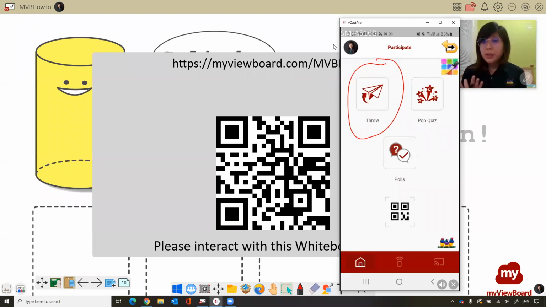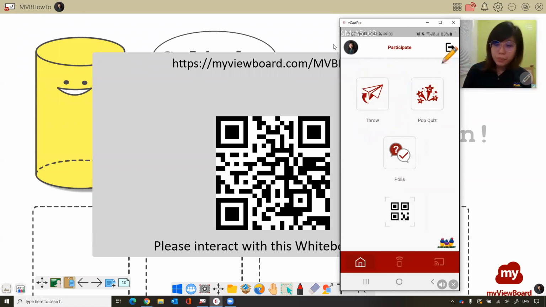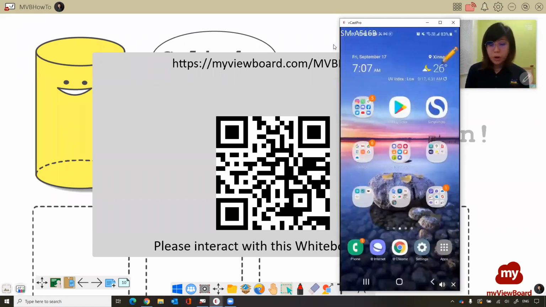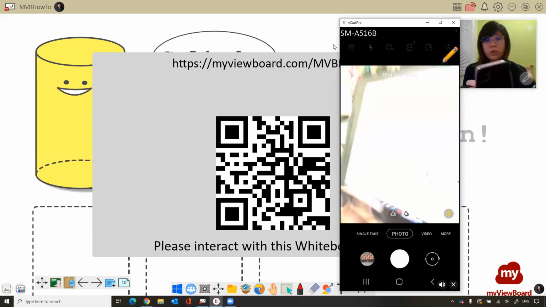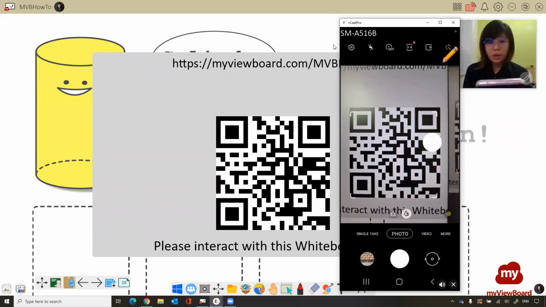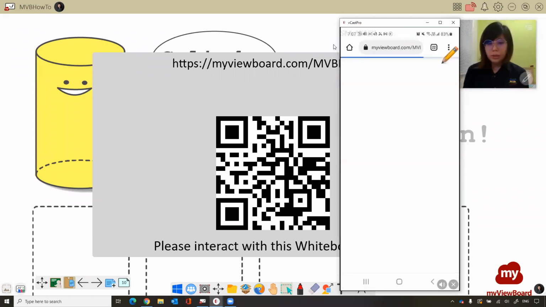And that is our companion app. And the benefit of using this option is that they would be able to sign in with their name. So you know what the name of the students are when they throw something on the board. And now let me show you the other option of using the QR code. So they can just scan the QR code, go to the website link,